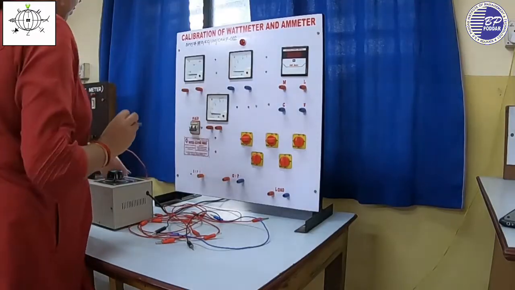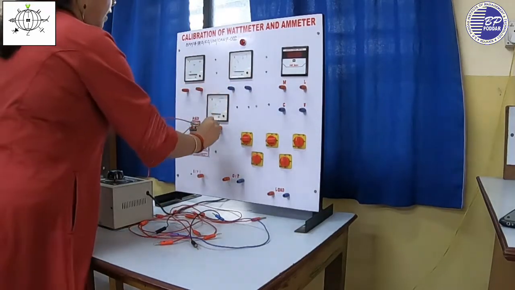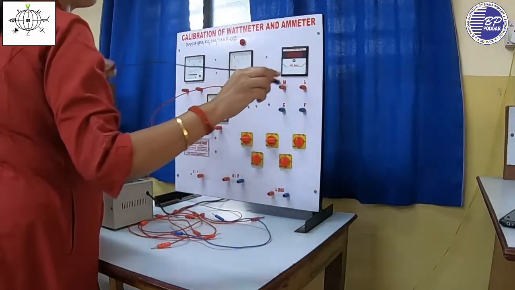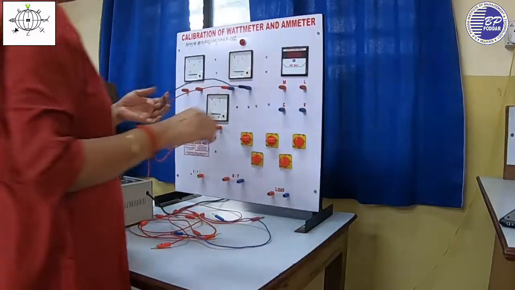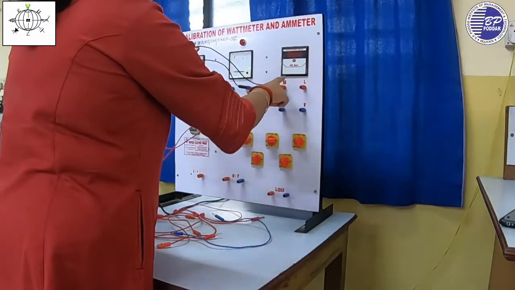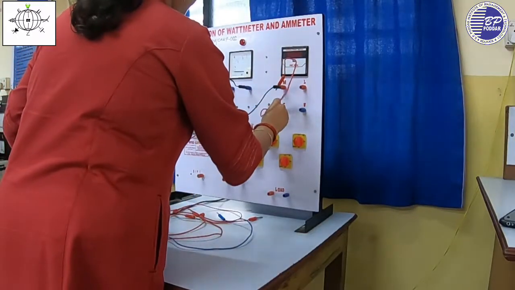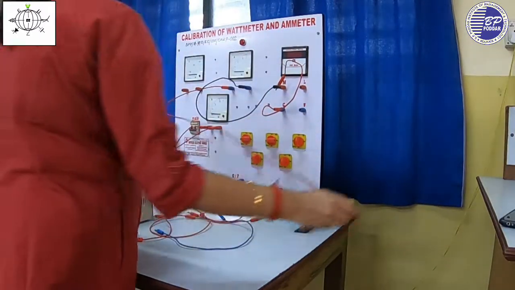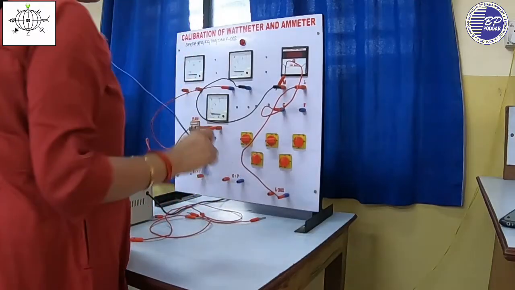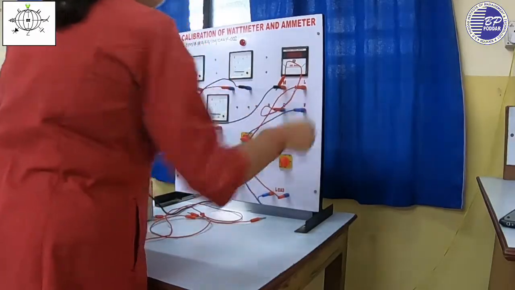The ammeter should be connected in series. So we are connecting in series, and this ammeter is connected in series with the test ammeter, and then we are connecting the wattmeter with the ammeter. Four terminals are here in the wattmeter: N, L, C, and V. Here N and C should be shorted, and the L terminal will be connected to one terminal of the load, and another terminal of the load is connected with the terminal V.